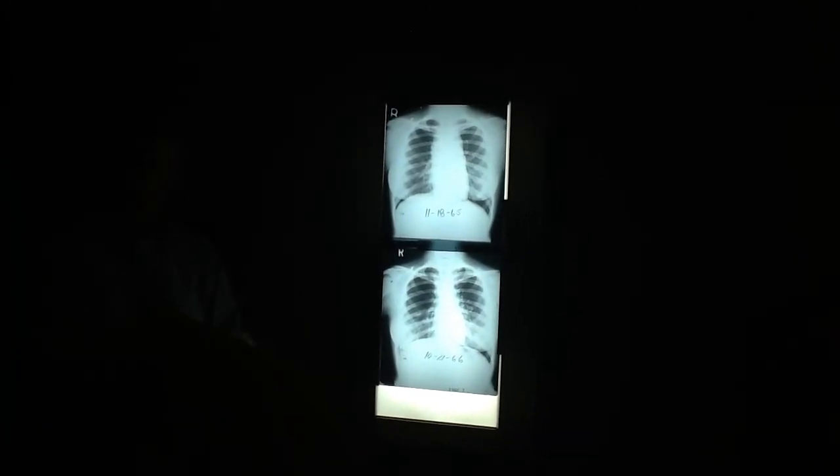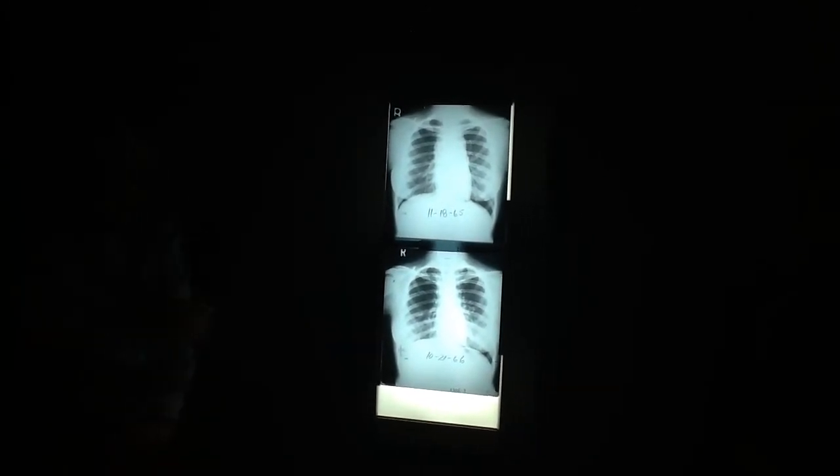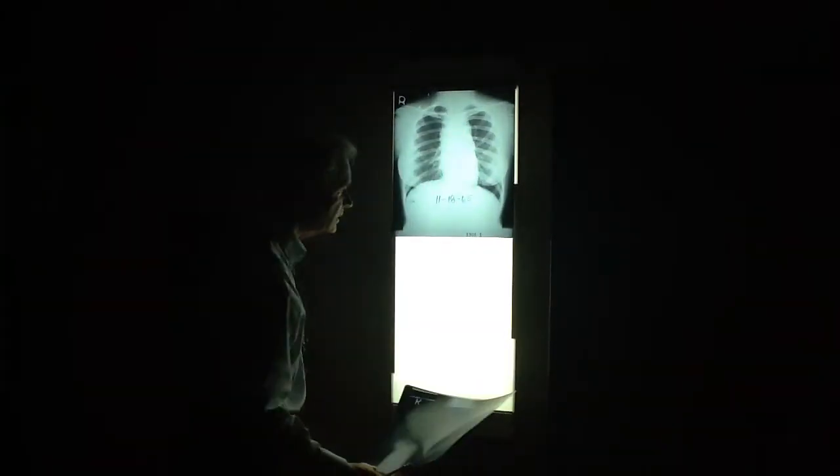Remember, Hodgkin's was in the multiple group, wasn't it? This was a Hodgkin's. It's a nice example of the widening of the mediastinum. And we'll